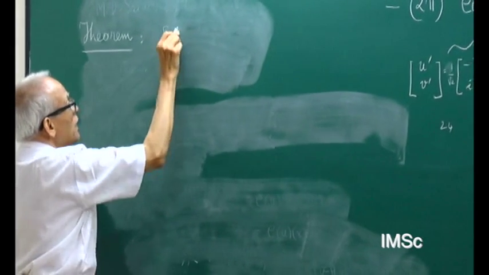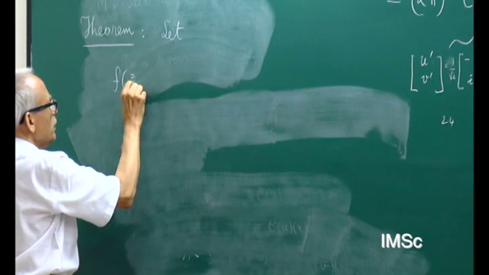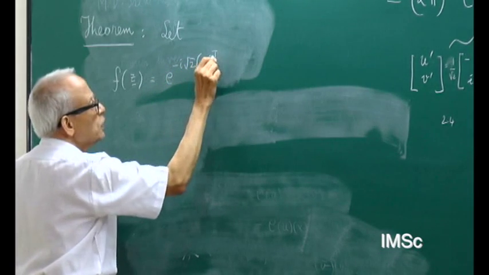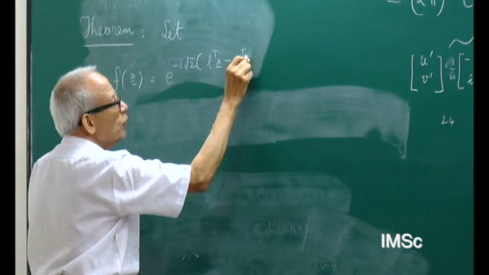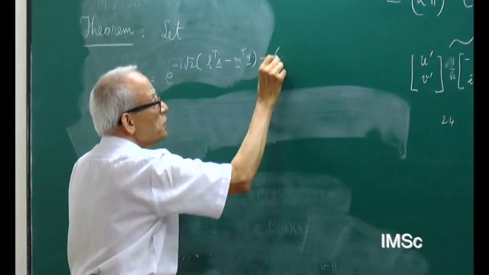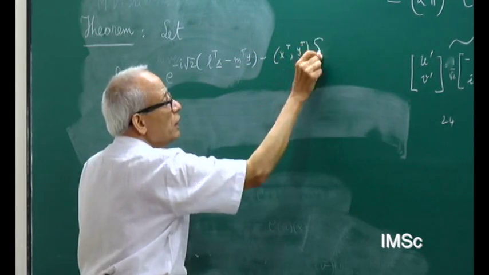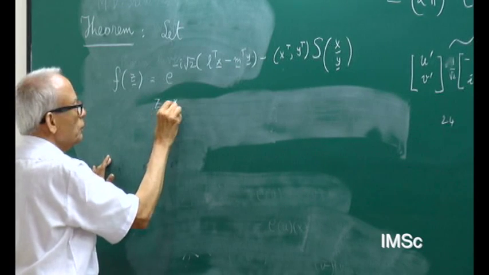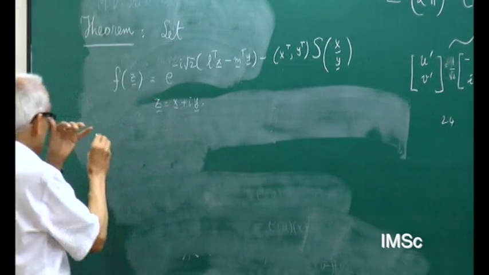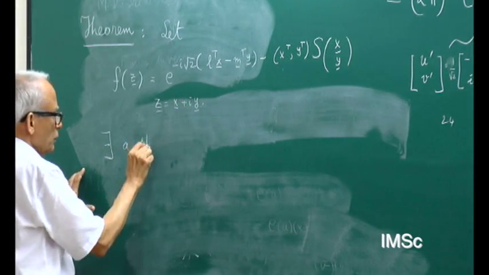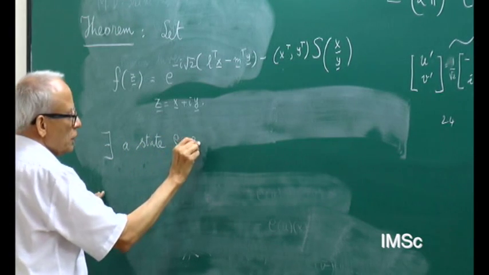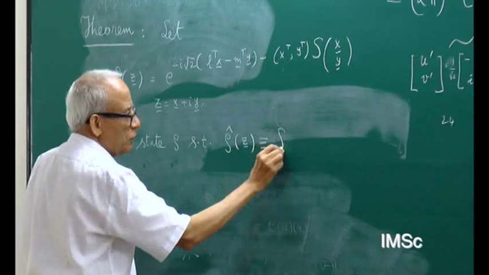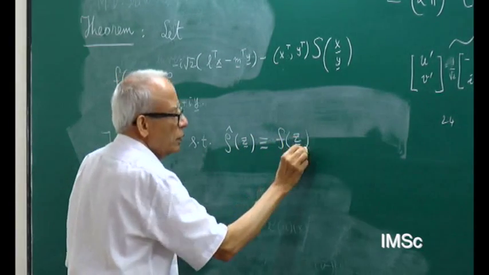Namely, if you let f(z) be equal to e to the minus i root 2 into L transpose x minus M transpose y minus x transpose y transpose S x y, where z is equal to x plus iy, there exists a state rho such that rho hat of z equals f(z) if and only if